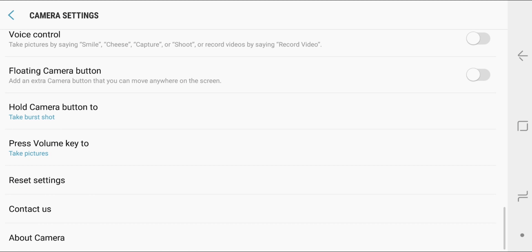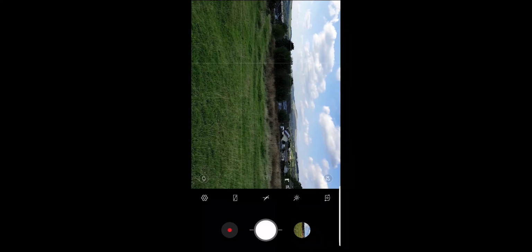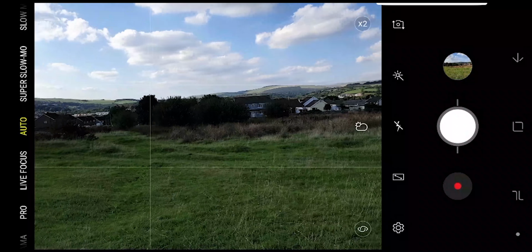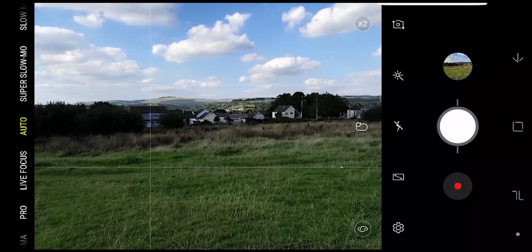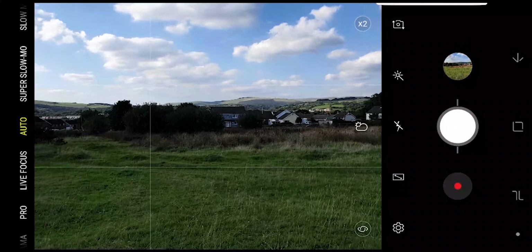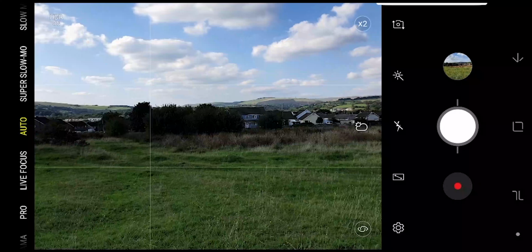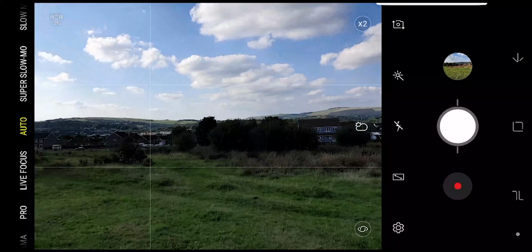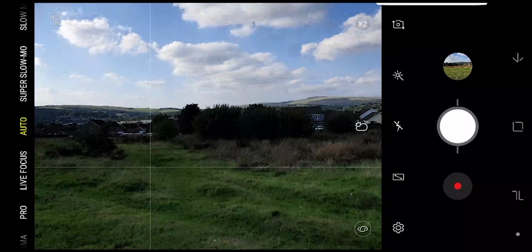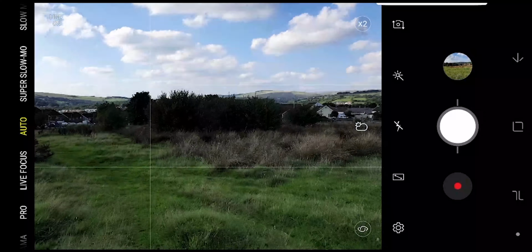So as you can see, a hugely comprehensive menu of features there with this phone. You would expect it at this price point, but it's great that you've got all of that control and all of those options, even though you may not use them. So let's go and take a stroll, and we will show you exactly how the camera operates in real life